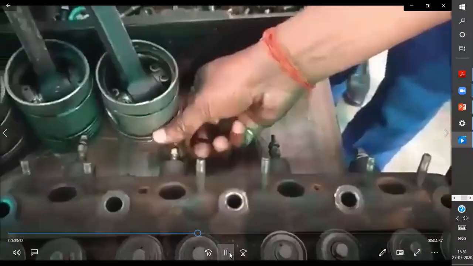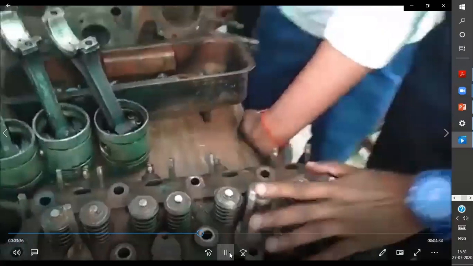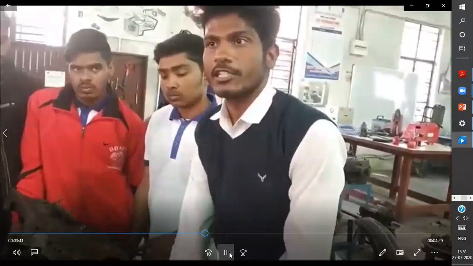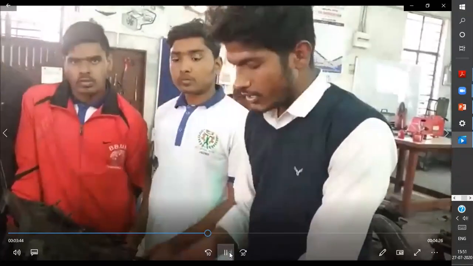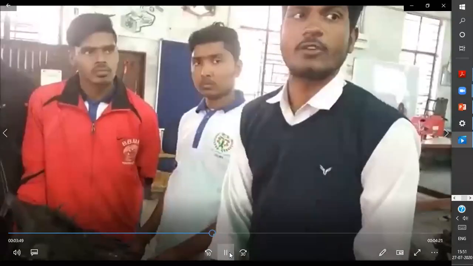See, there are heater plugs also. When the temperature is less, in winter and in the rainy season, it is keeping the temperature in the range which is required for the engine to run when you start it.